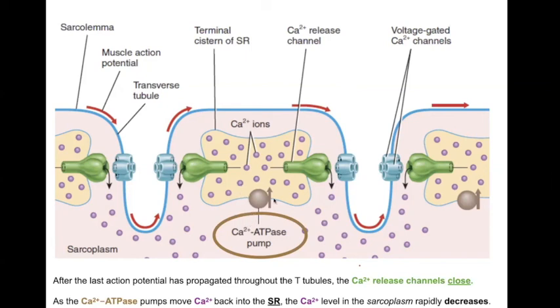In fact, that's one of the things that happens if you've heard of rigor mortis. These channels break down and calcium is released, which causes that interaction. And since there's no ATP being formed, the myosin head doesn't detach from the actin filament. So rigor mortis is when somebody dies and their muscles slowly contract. They contract for an hour or two, and eventually everything just kind of dies out. But that's why muscles stiffen when people die: because you don't have this calcium ATPase pump, and the myosin head doesn't detach.